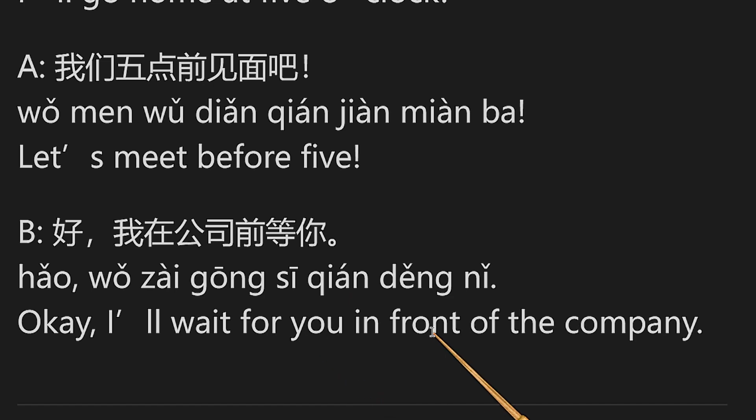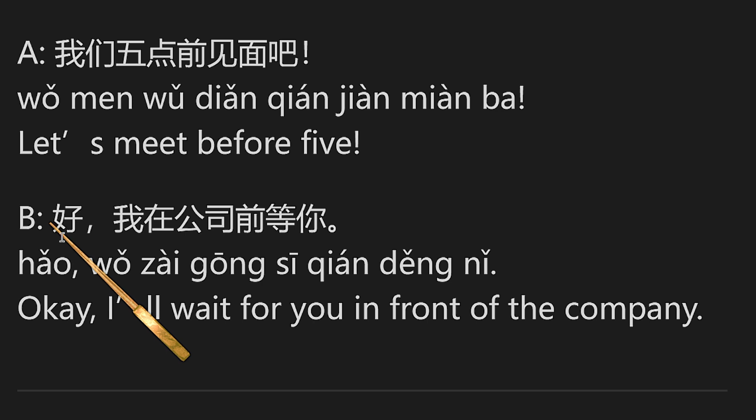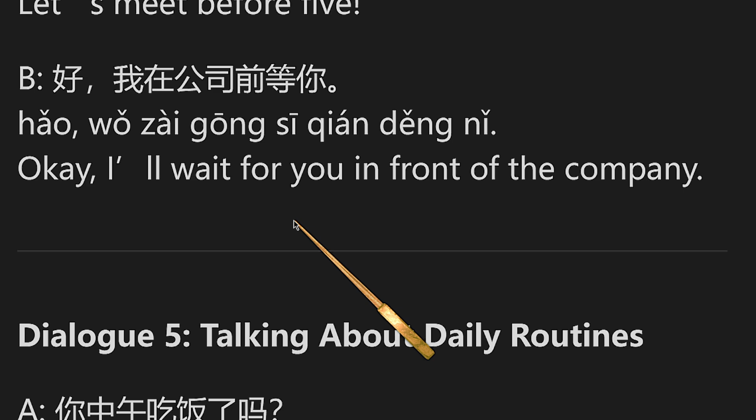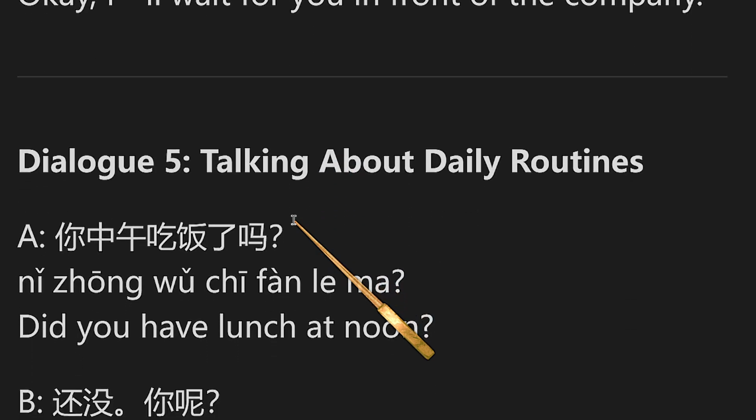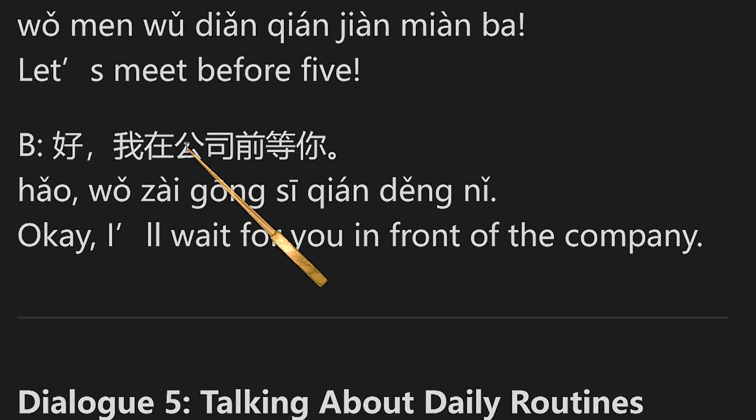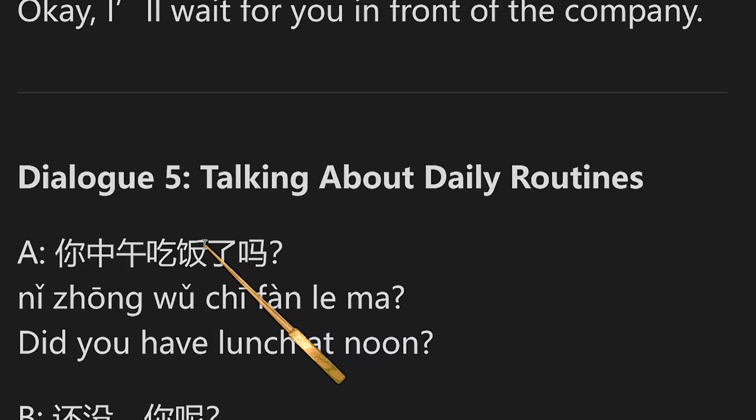Okay, I will wait for you in front of the company. 好，我在公司前。公司, it's an office or company. Literally company. 我在公司前, in front of the company, but I think it's like the building of the company. 等你, I will wait for you. 我在公司前等你。